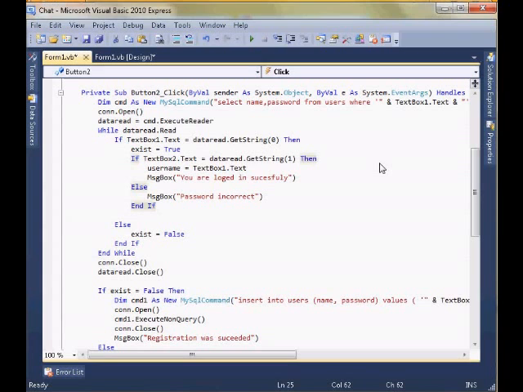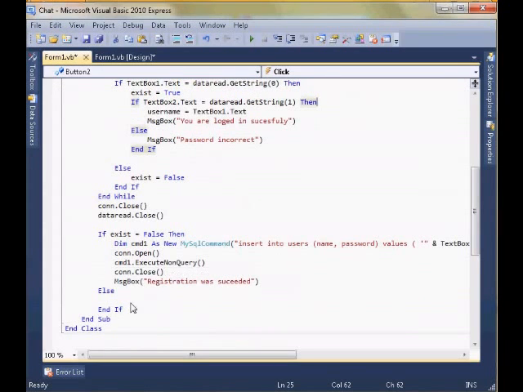So the user won't be submitted. We don't need this anymore. We could do the same thing with this here. Anyway, here